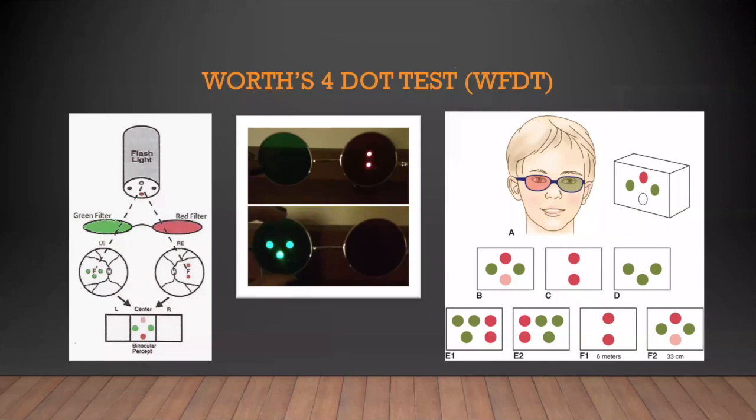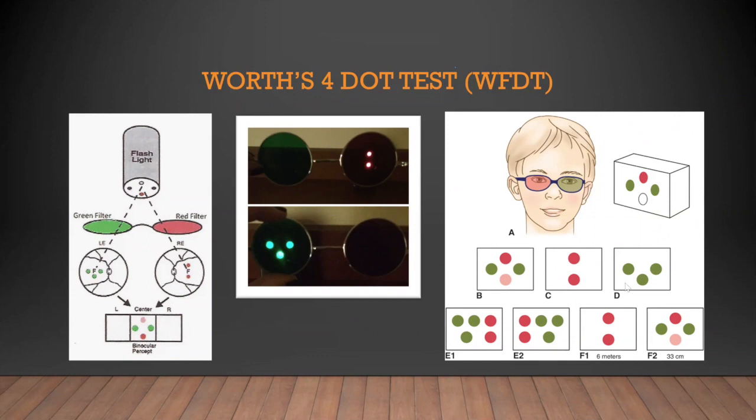You can unmute yourself and just tell me what C means. You all can put your answer. Yeah. So Dr. Sandhya has answered that it is the left eye suppression. Perfect. It is a left eye suppression, meaning that the left eye is not able to see those 3 green dots. So it is only the right eye seeing, which is the 2 red dots.